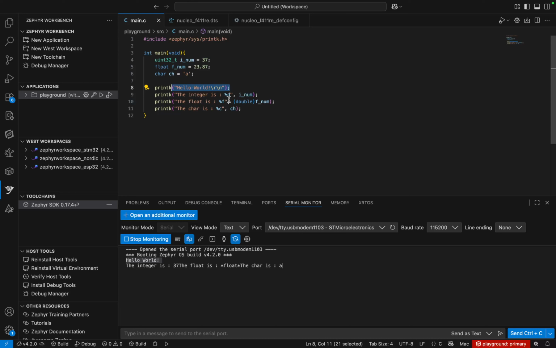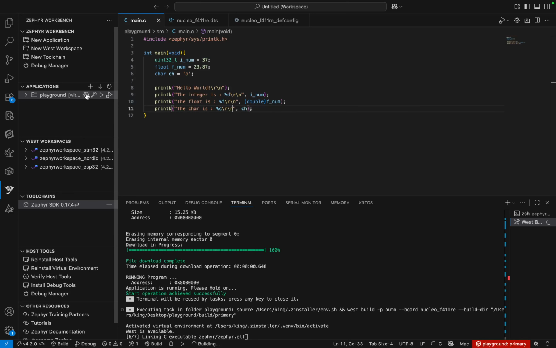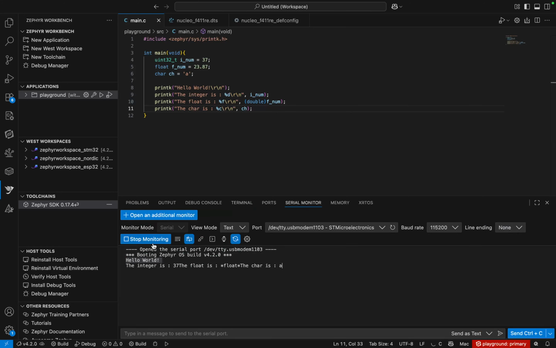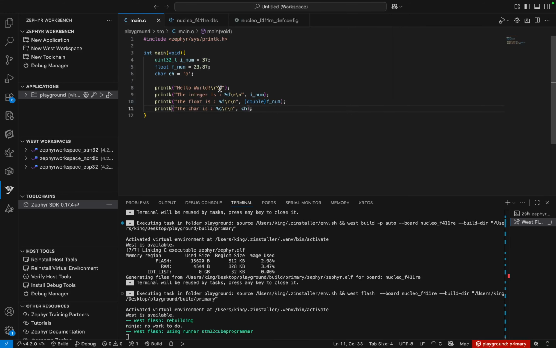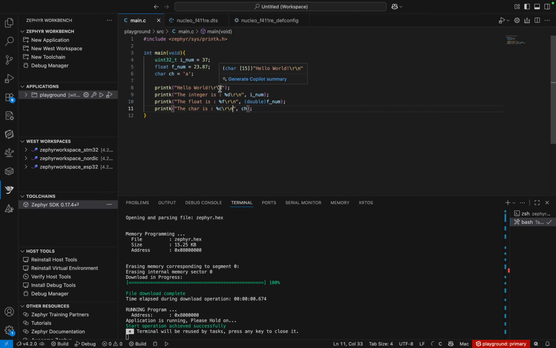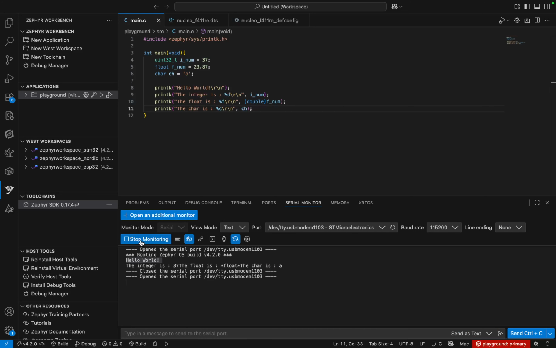The reason is that this is serial communication, and for the cursor to move on to the next line, you have to give it a carriage return, right? So slash r slash n, I put that here, and then I put slash r slash n also here, and I put slash r slash n also here. And then let's recompile this program. I'm going to stop the monitoring, so I will upload the code onto the board. All right, code uploaded. So I come here, I start monitoring, I press my reset button, and then now you